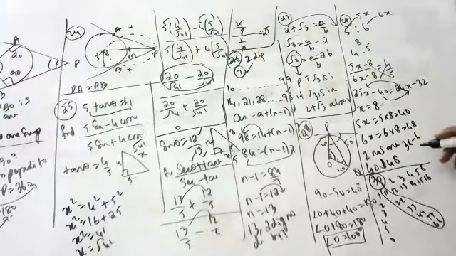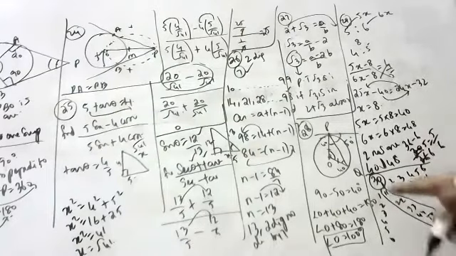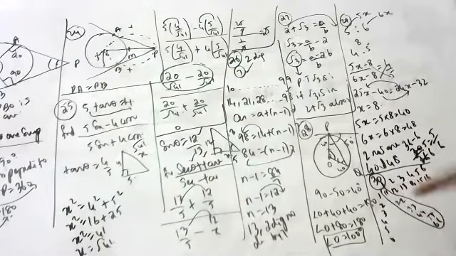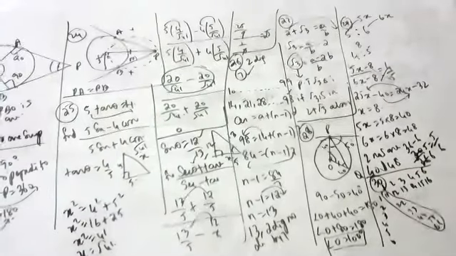So 36 minus 6 is 30. 30 by 36. So how much, children? 6 fives are 30, 6 sixes are 36, so 5 by 6. Except these, all are dissimilar. These are doublets. Except these doublets, all the remaining are different numbers.